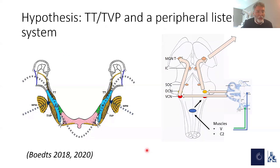So all these observations brought us to this hypothesis that whenever we listen, we're going to contract our muscles, as we did just 5 minutes ago. And actually, what we're doing is we're going to contract our tensor tympani, we're going to contract our TVP, our lateral and medial pterygoid muscles. So these, by the volume effect, are going to close the eustachian tube. It's like a cord you're pulling. You're going to close your eustachian tube,